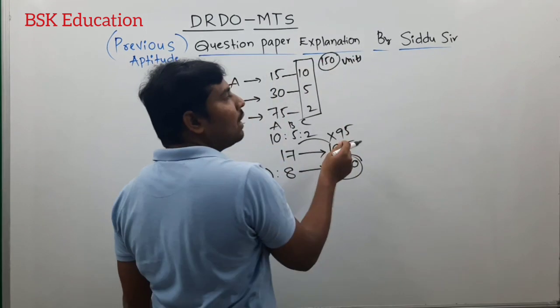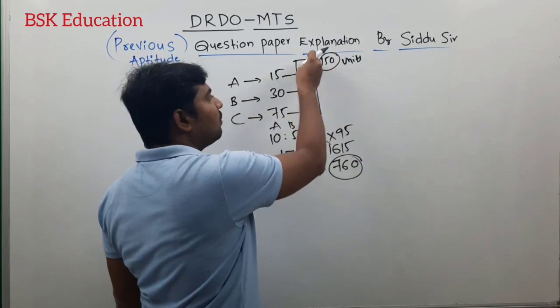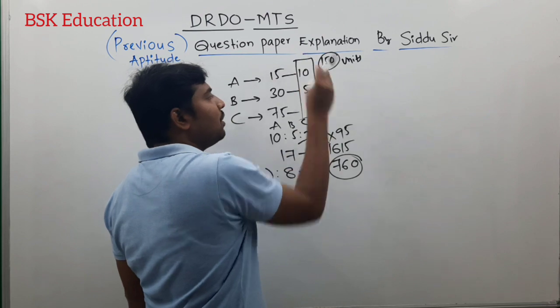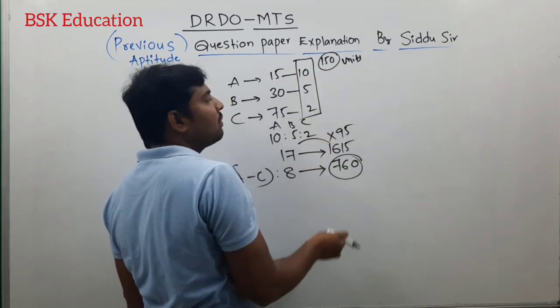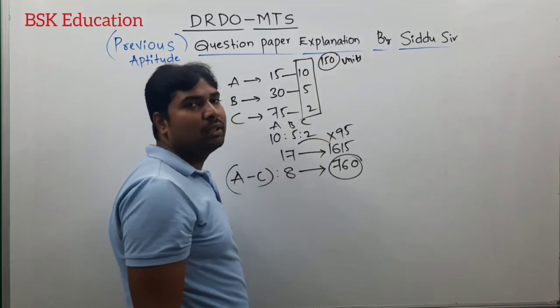Per day, 150 divided by 15. A is doing 10 units per day, B is doing 5 units per day, C is doing 2 units per day. So